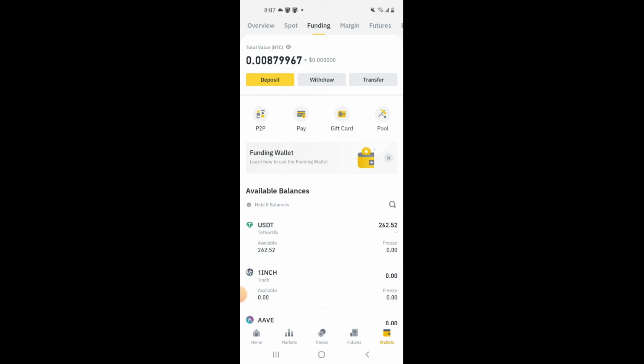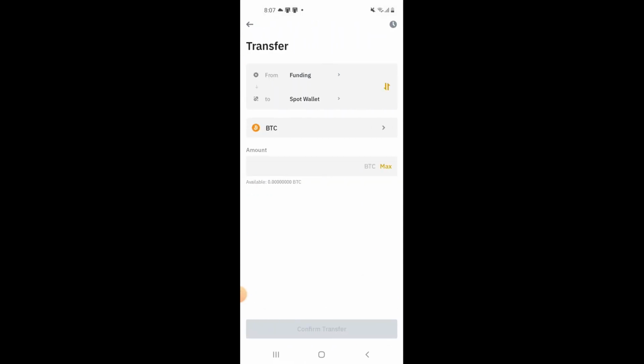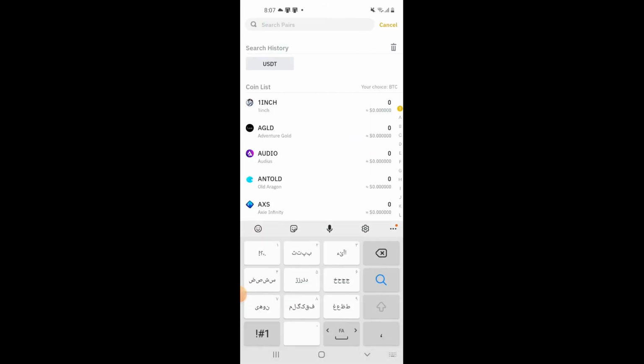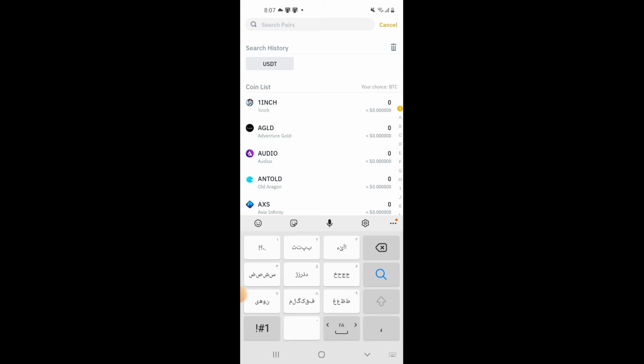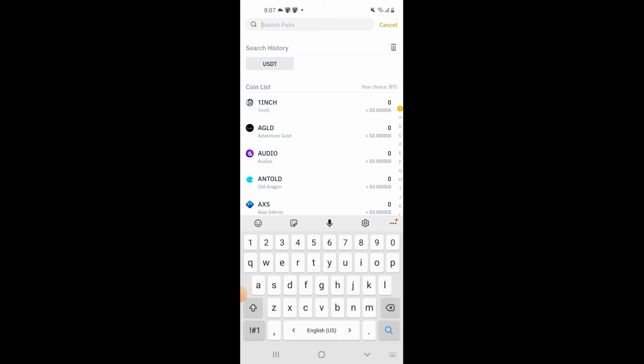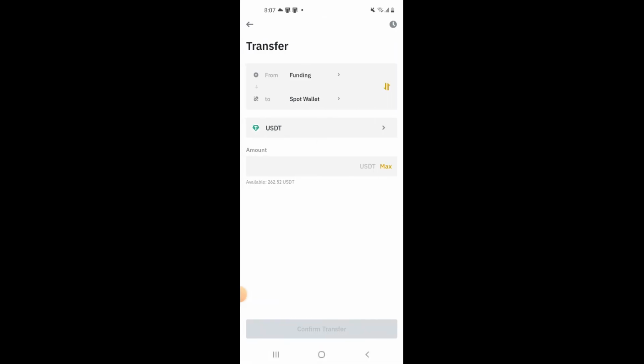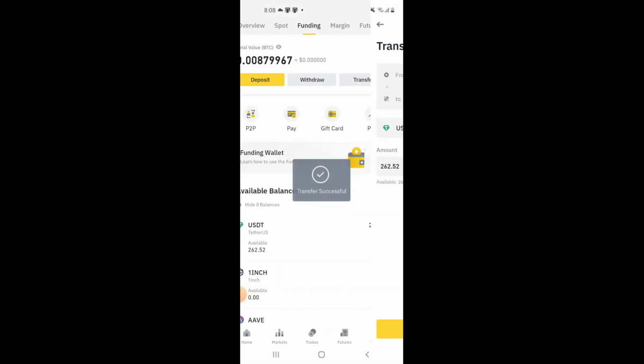You just click on Transfer, and then you choose the funding wallet to spot wallet, and you can use this little icon for swapping between wallets like that, and then from here choose the coin that's in your funding account, which is USDT. Yeah, here we go. And then the amount you want, we currently have 262 as a max amount in our funding wallet, so we click on Max and then Confirm Transfer.